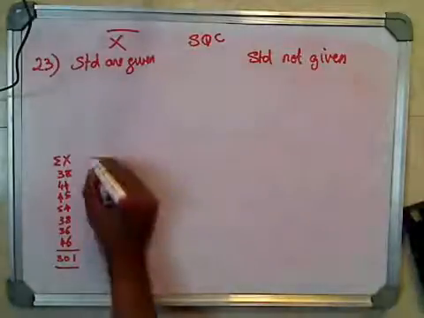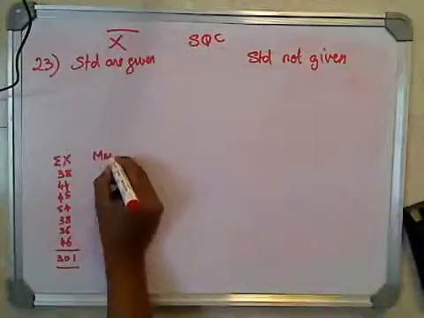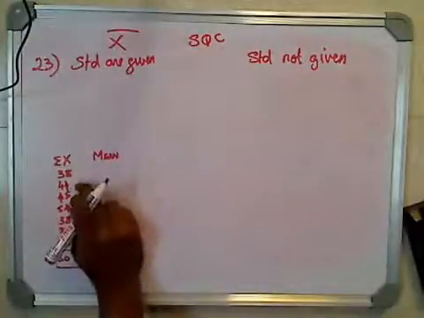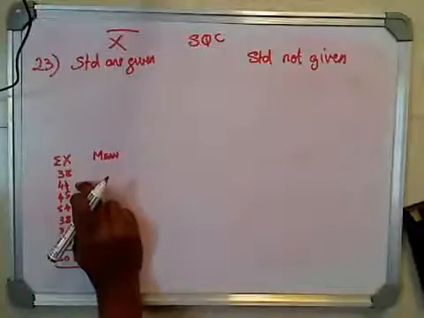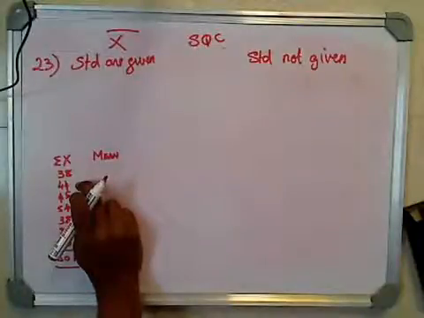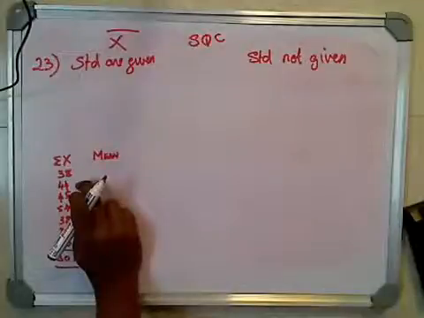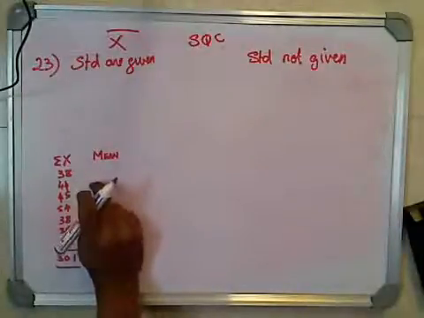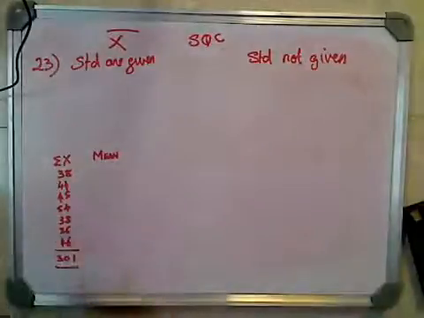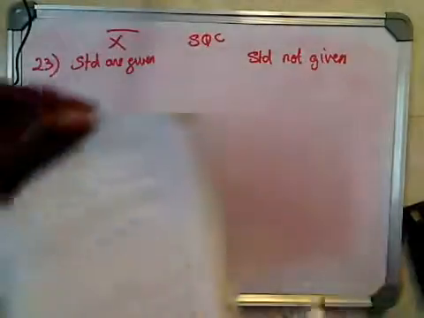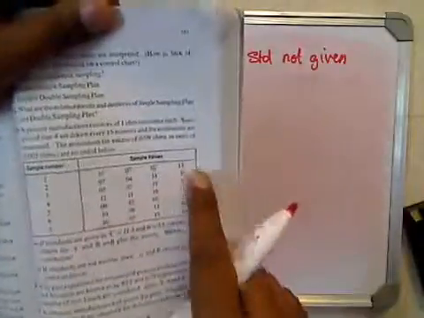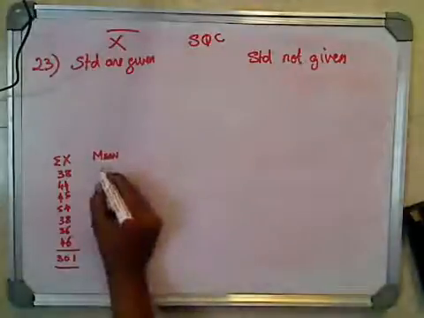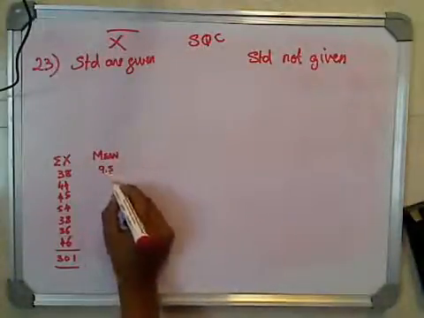The next thing I'm going to calculate is the mean. Mean here is 38. Remember, when you calculate the mean, you look at the values which you're going to add. You've taken 4 values here. Once again, I'll run you through the table: you have 16 plus 7 plus 2 plus 13, which gave 38. Now divide 38 by 4 and you get 9.5,